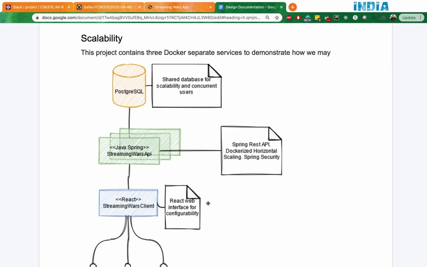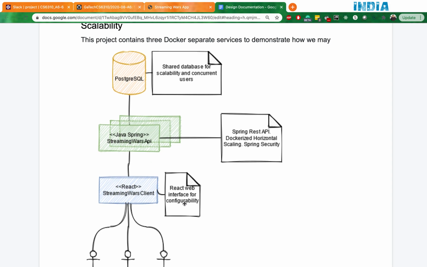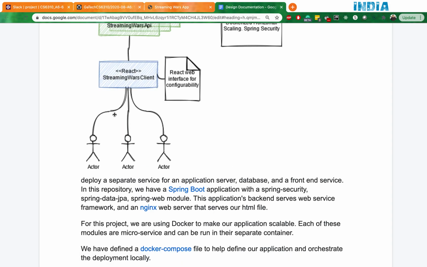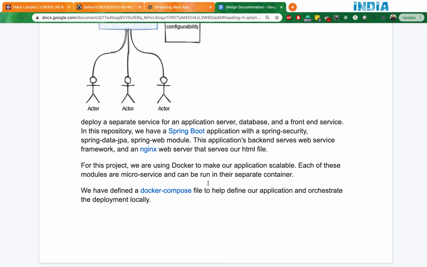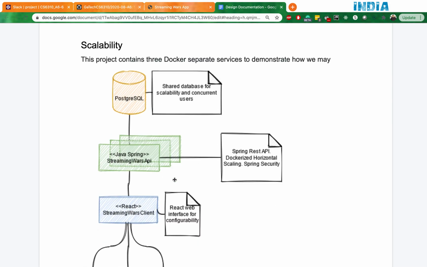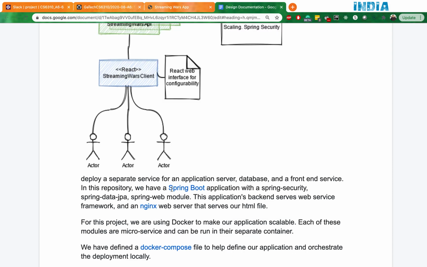As I mentioned, we divided this entire application into three components, which are PostgreSQL, backend and front end, and all three are running as microservices. Postgres has its own container and volume, so we can persist the data, and it can be started and stopped. Same for the Spring Boot application, which is wrapped in a separate Tomcat container. And this React application is wrapped in an Nginx container, which I will provide details on soon. Because we have microservices over here, it is very easy to scale horizontally and vertically. Here we are only talking about the vertical scaling though,